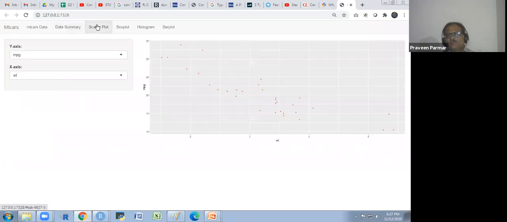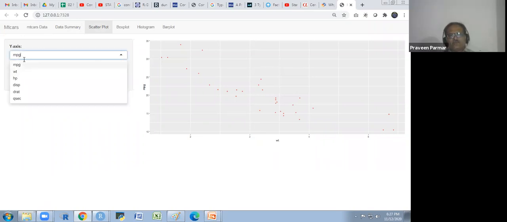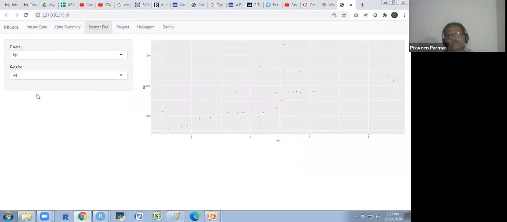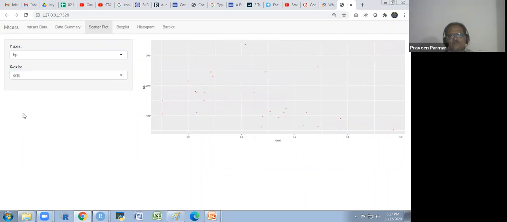And then I will show you the different interactive plots over here. Scatter plot, we know that on the x-axis and the y-axis there should be continuous variables. So I have used mileage here, or we could use any continuous variable out of these. If I want HP and weight, I will see this. Are you getting it properly? Yeah. And I could change the variable. On both sides I have kept the same variables, and you could select whatever you want on the x-axis and whatever you want on the y-axis. So this is the interactive one.